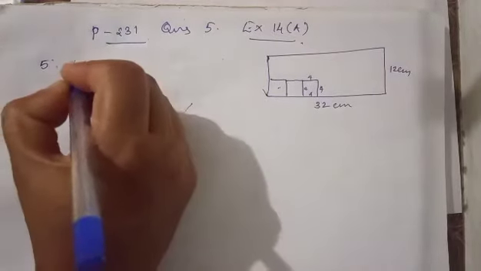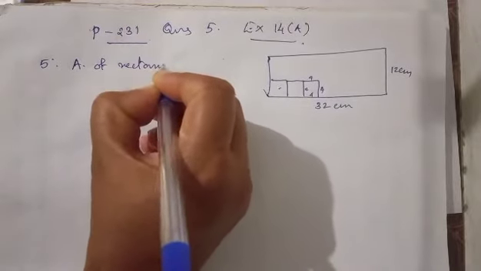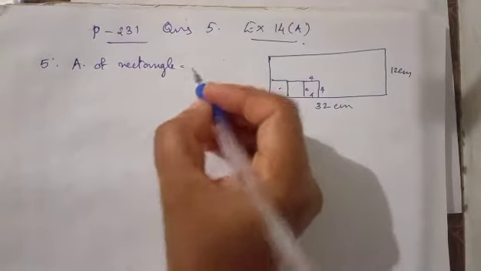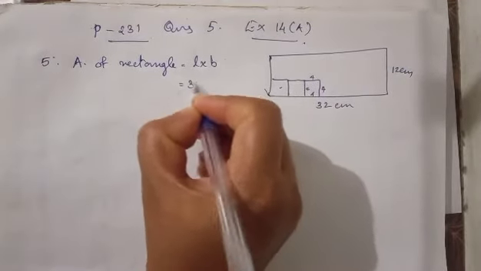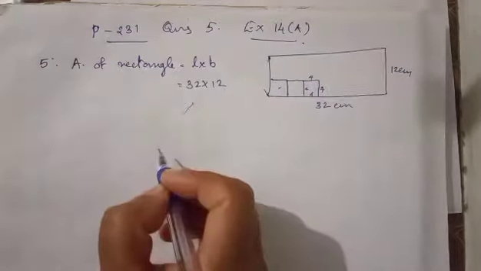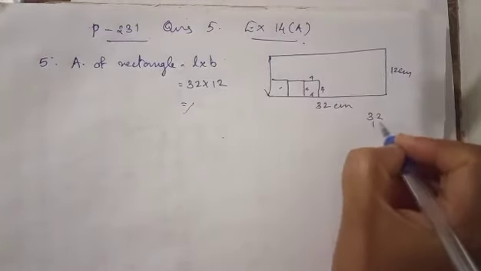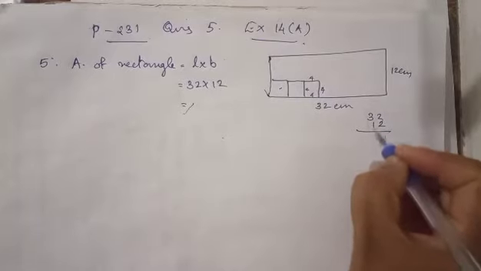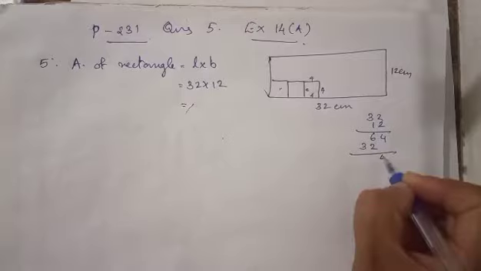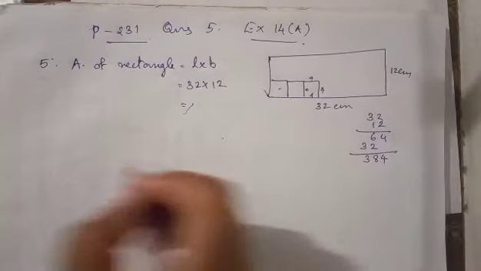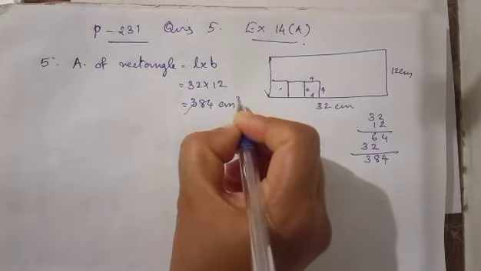So first we find the area of the rectangle. What is the equation to find the area of the rectangle? Length into breadth. Length is 32 and breadth is 12. You multiply 32 and 12. 2 2s are 4, 3 2s are 6, 2 1s are 2, 3, 4, 8, 3. 384. So 384 centimeter square is the